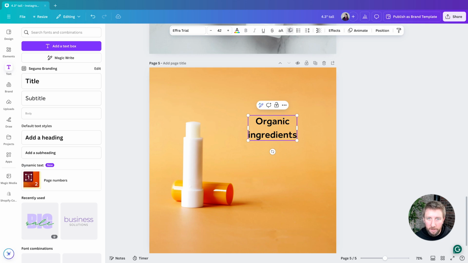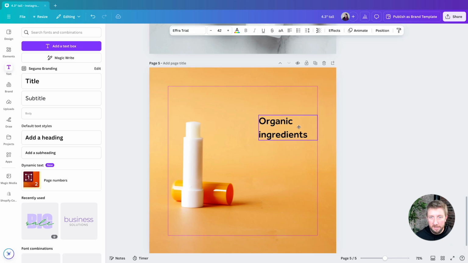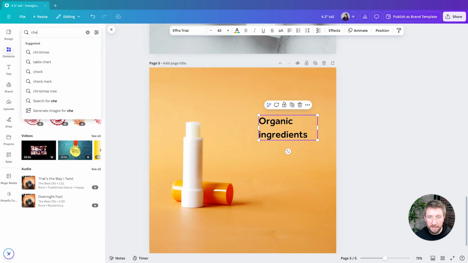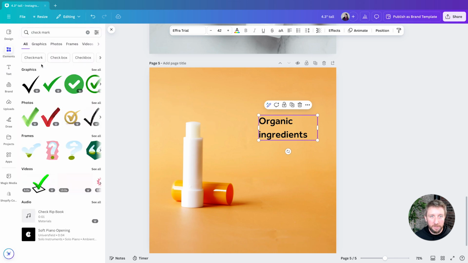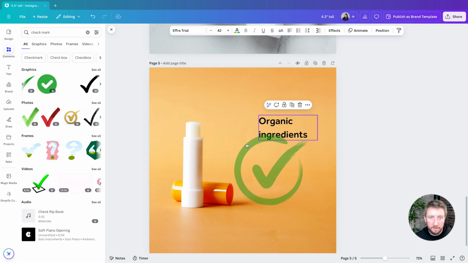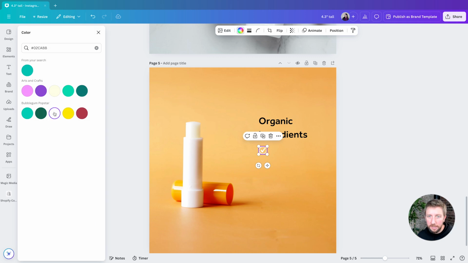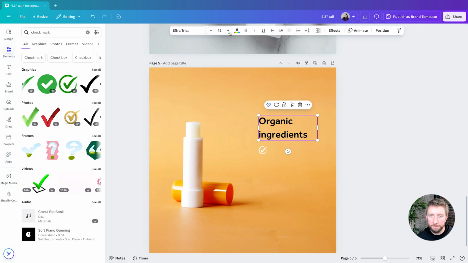Okay. Now I'm going to make it a little bit more fun because I want to kind of go with like an ingredient list style. So I'm going to go back and grab another shape. This one I am going to use some checks. All right, so let's go into the elements and let's look for those. All right, found one I've got. And, ooh, I like that one. All right. Pull that across and go ahead and change that color and size, get it right into the list.